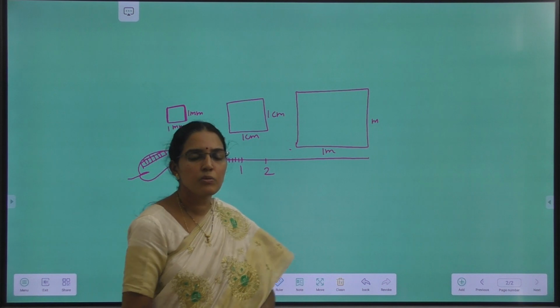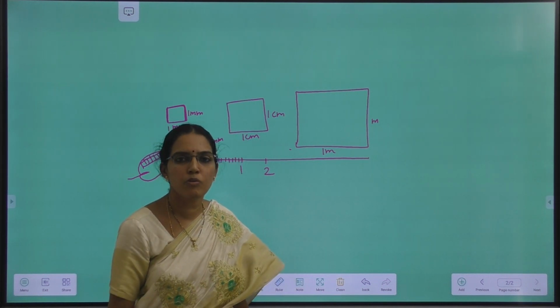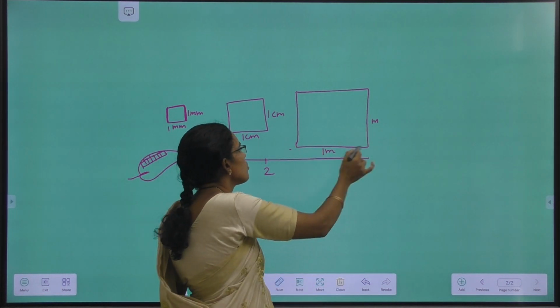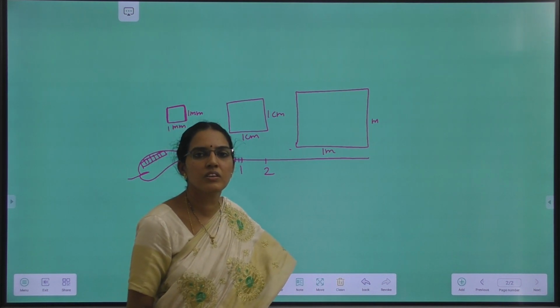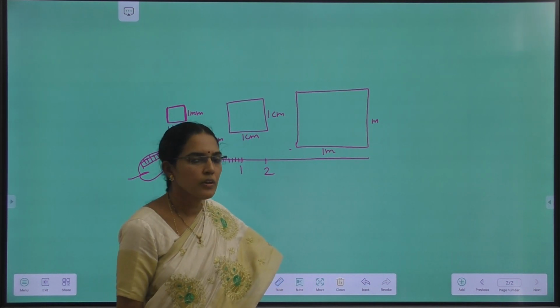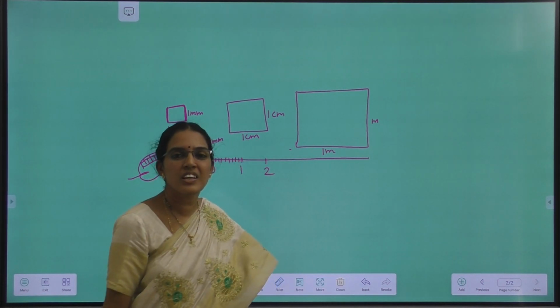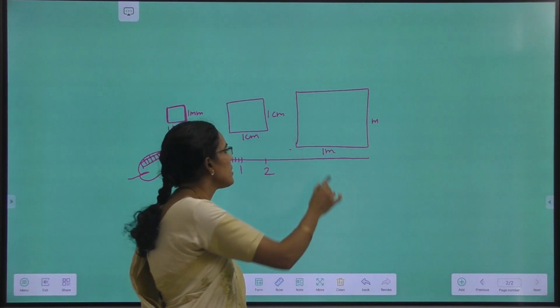If the area is bigger, for example, if you want to lay a carpet on the floor of the living room, then we use meter square. How many meter squares the region occupies, that is the area of the floor. Or if you want to know the area of a swimming pool, a bigger area, then we use meter square.